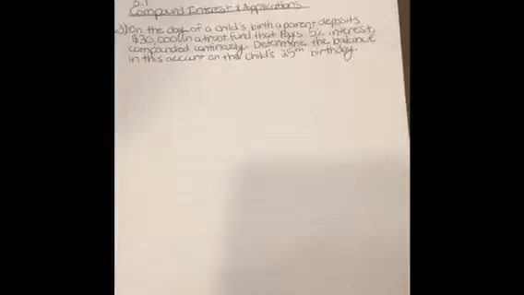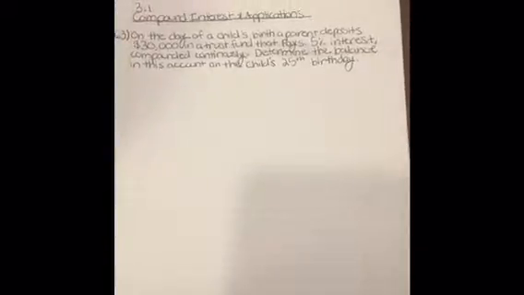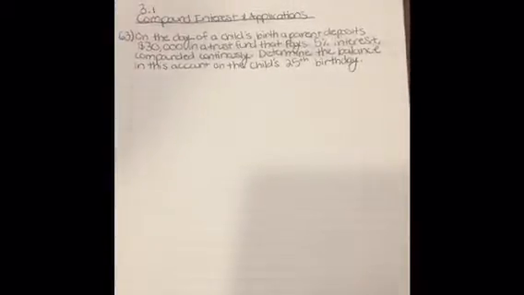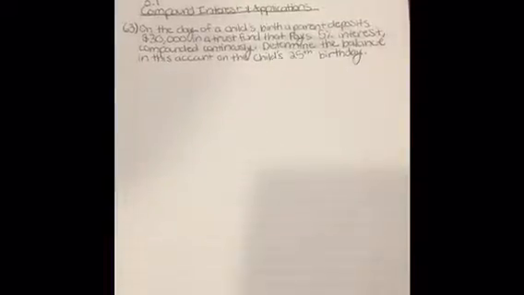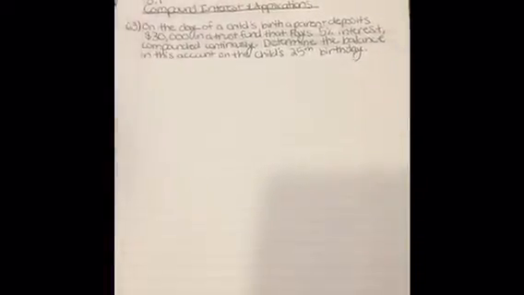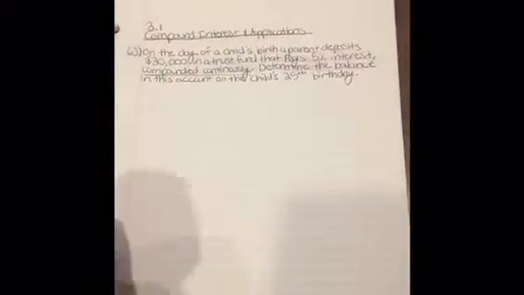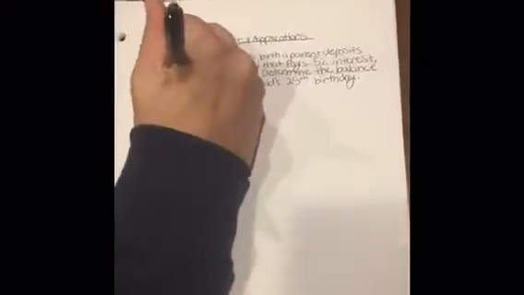From section 3.1, compound interest and applications, I'll be doing problem number 63. On the day of a child's birth, a parent deposits $30,000 in a trust fund that pays 5% interest compounded continuously. Determine the balance in this account on the child's 25th birthday. So the key word right here is compounded continuously, which gives us the formula A, which is the amount, equals